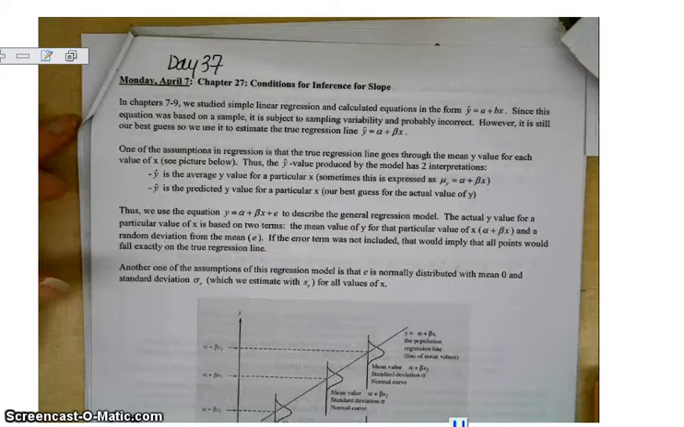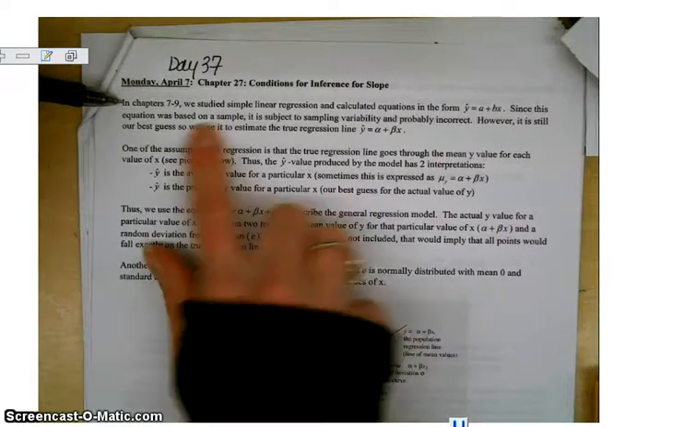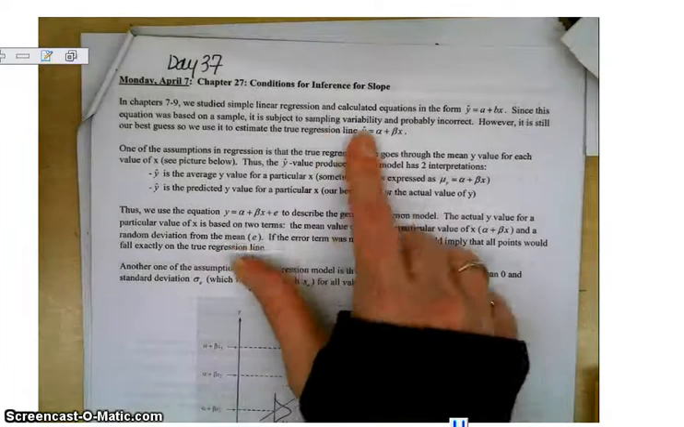Off here, that's okay. All right, so in chapter 7 through 9, we studied simple linear regression and calculated equations